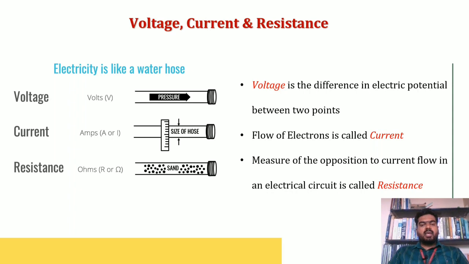Next, voltage, current and resistance. In electronics, these are the major parameters that we must understand: voltage, current, resistance and so on. They will be in every circuit diagram and every electronic device. These parameters will be highly present in all